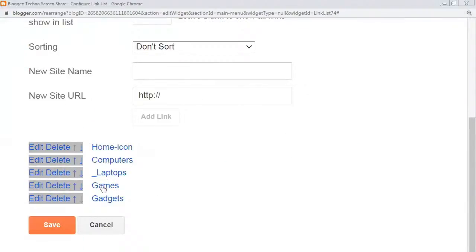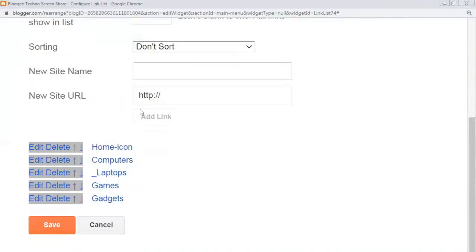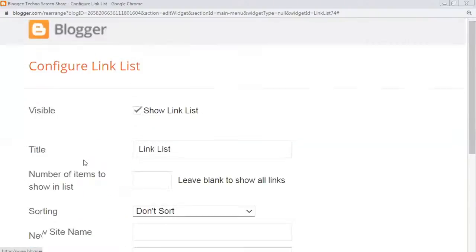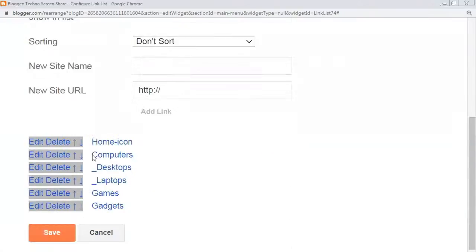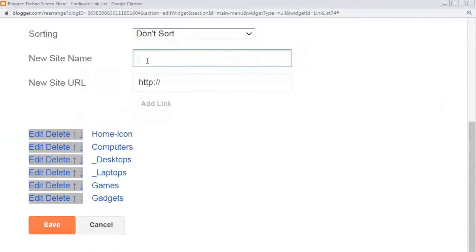This menu is showing below your computers. Like that, you will create our desktops. Hash, share link. Then add some softwares and mobiles, whatever.